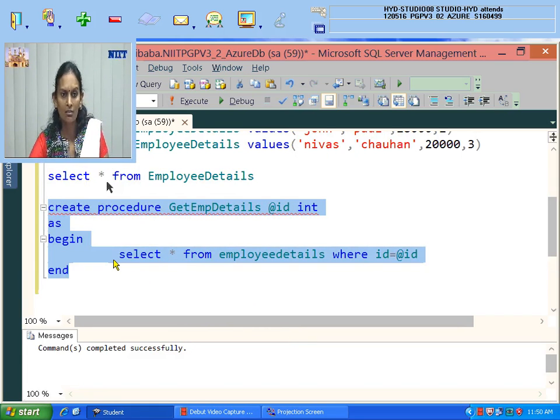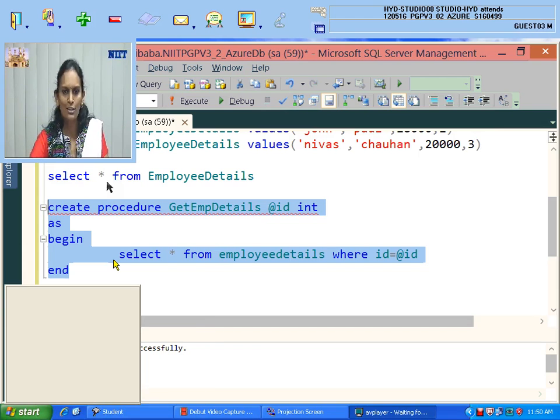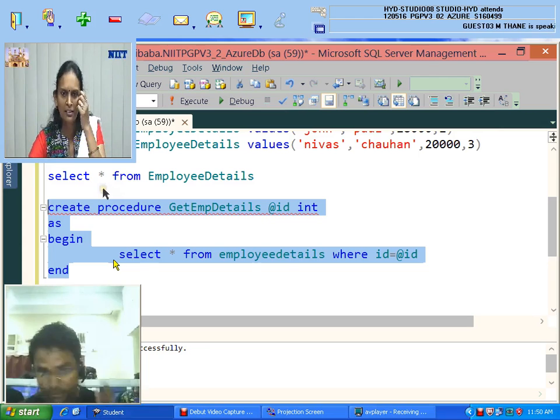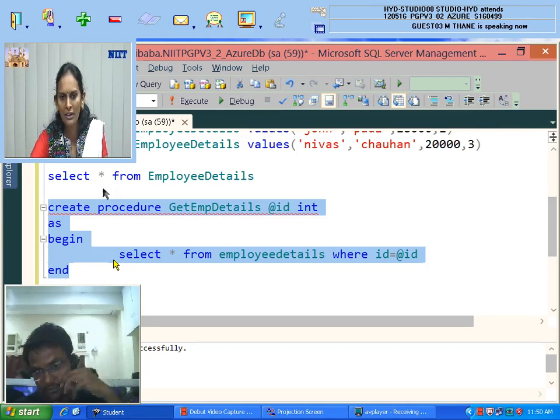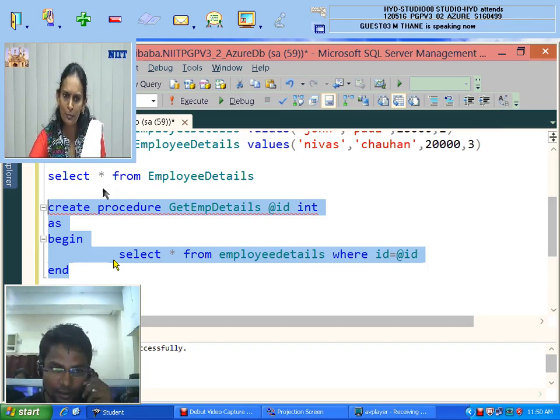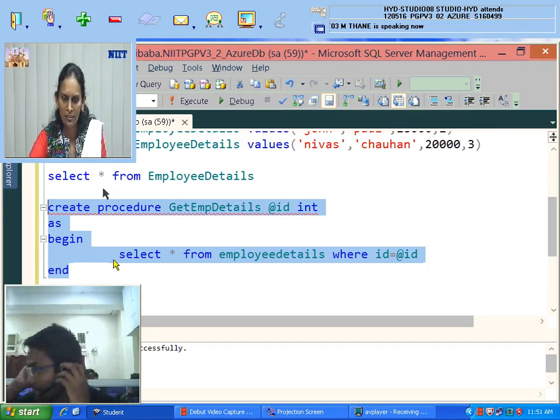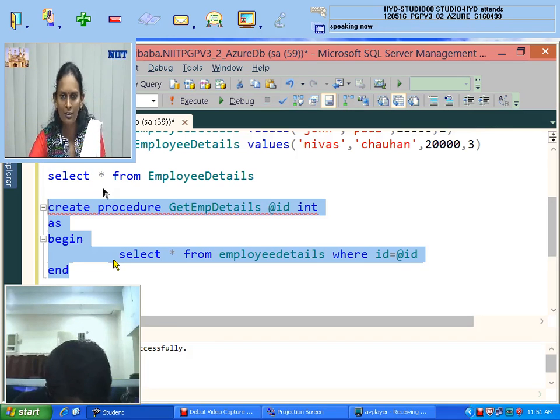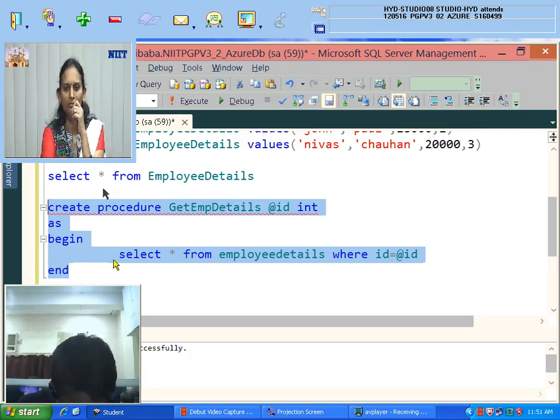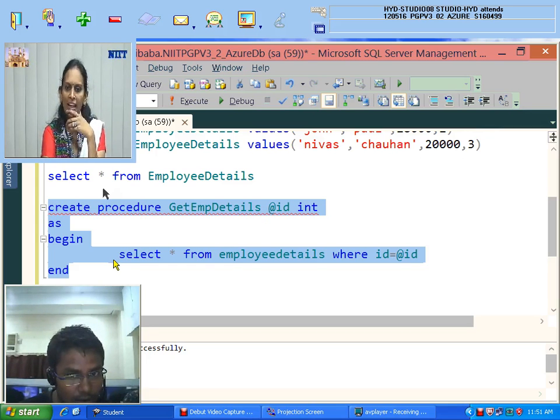What is procedure? Oh God. Anybody without the knowledge of SQL Server here? Thane Center student, so you are part of Azure. Do you have the idea of SQL Server? Are you a PGP student or not is my question. You can speak, you are audible. Speak loudly, don't type.